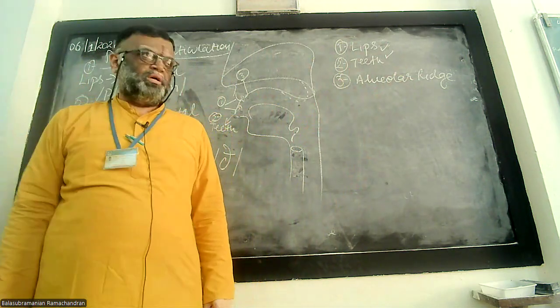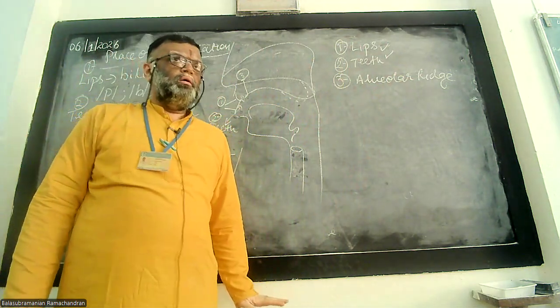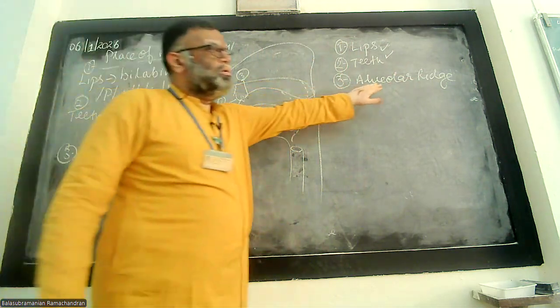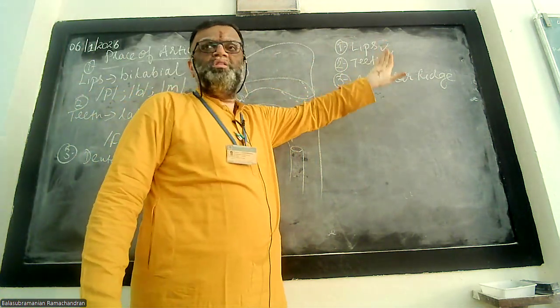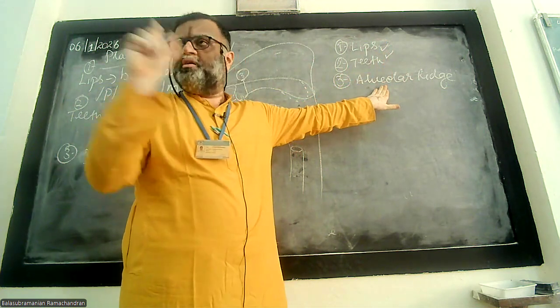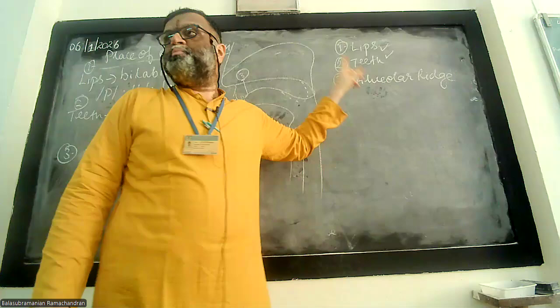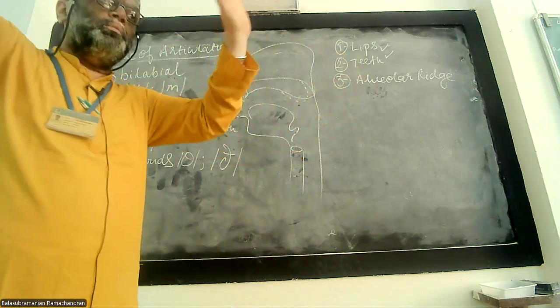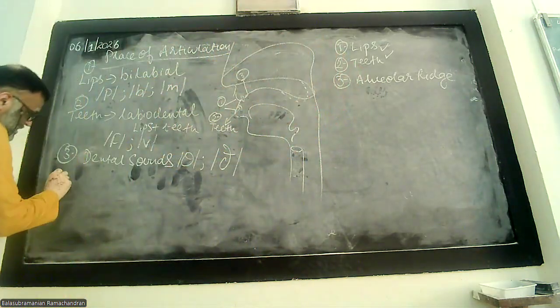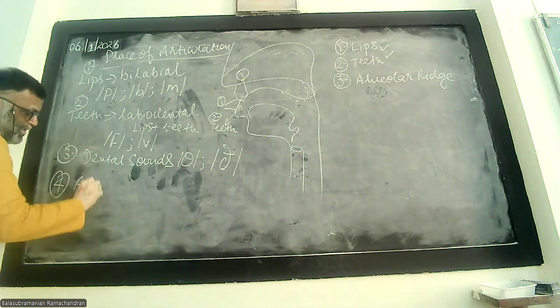When I want to name something, say I want to look at all the sounds that are produced with the alveolar ridge, the action of the tongue on the alveolar ridge, which is easier? Tongue or alveolar ridge, what will you name it after? Think about this. Give me an immediate answer. Anything which is involving the alveolar ridge,